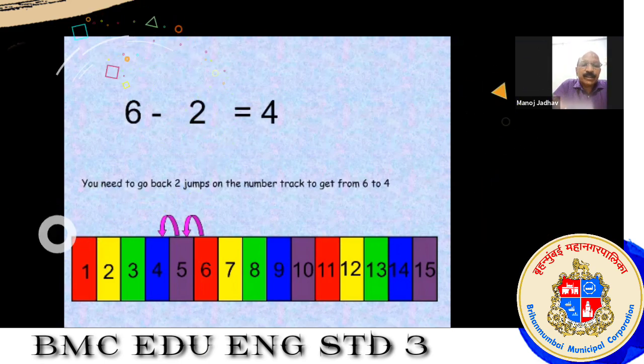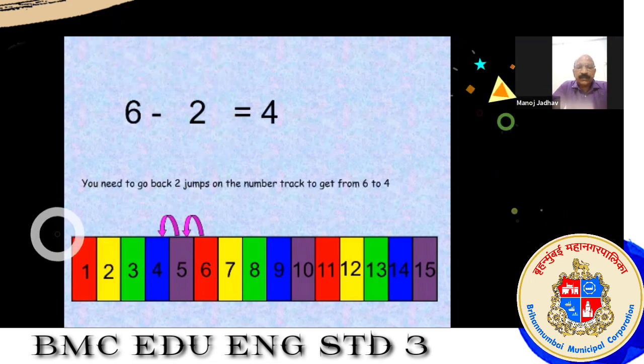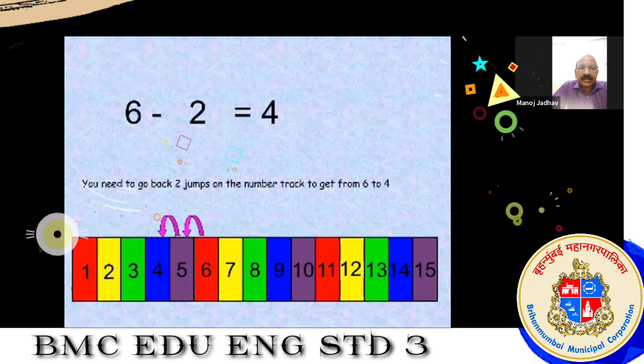So how many steps we took? We took 2 steps, right? So the answer number which was missing, which was not there in that box, that was number 2, right? 6 minus 2 is equal to 4. Okay, do you understand this? Yes, Payal and Aditi, your answers are correct. Very good, children. Now next, see the next example.